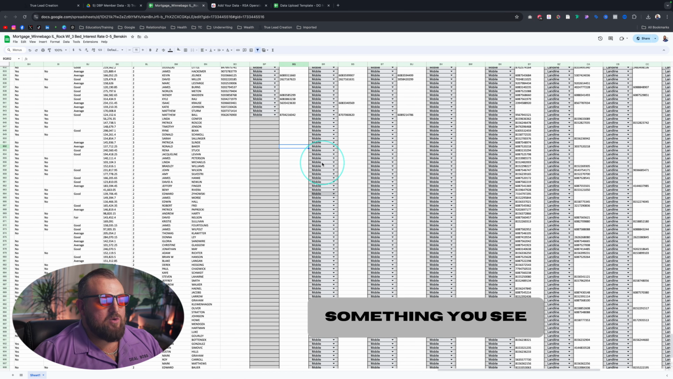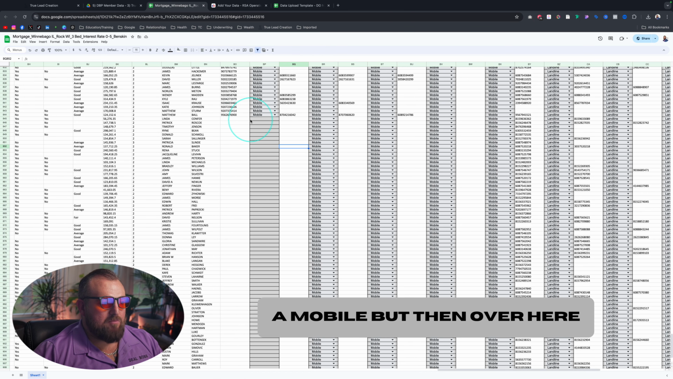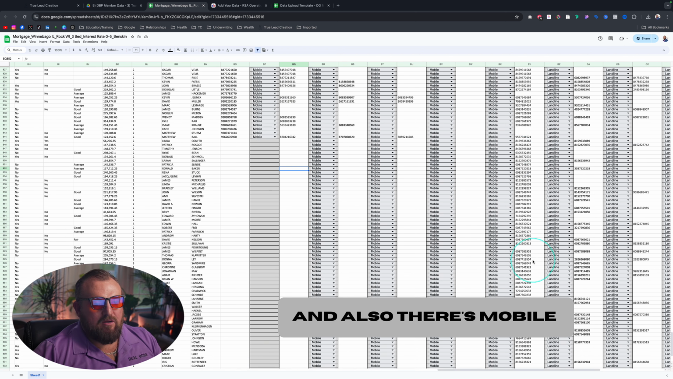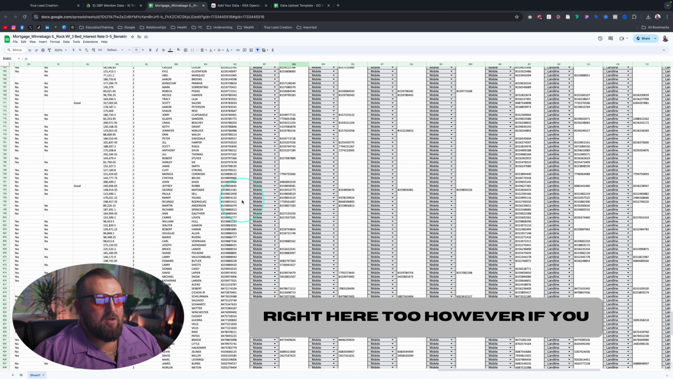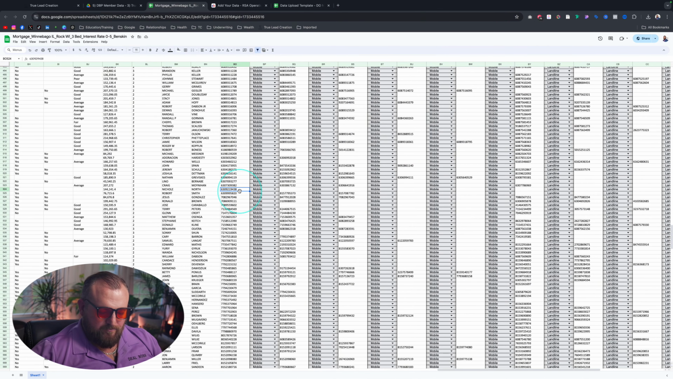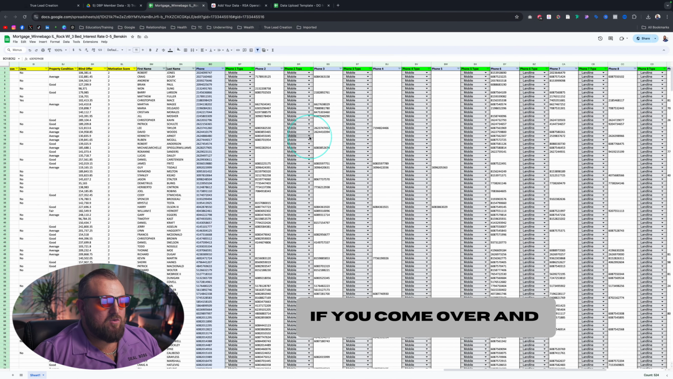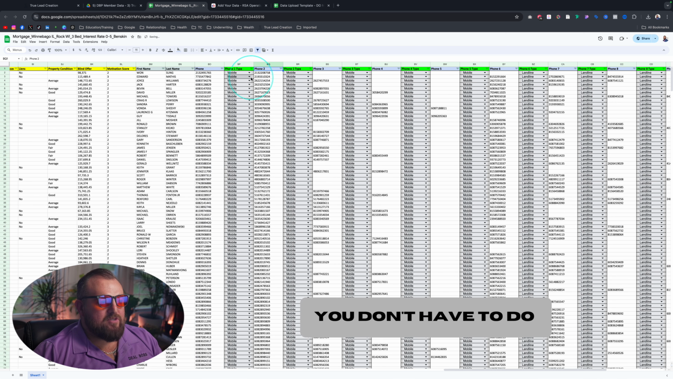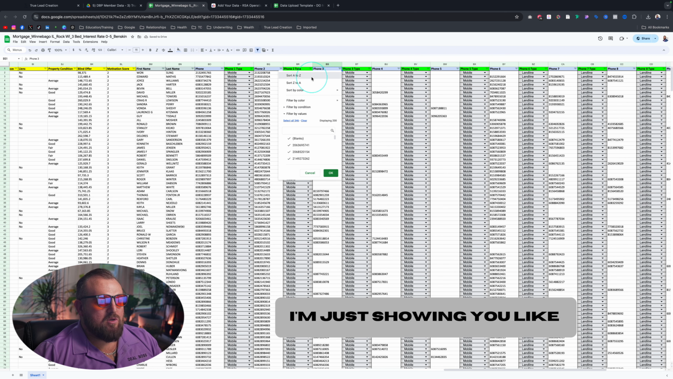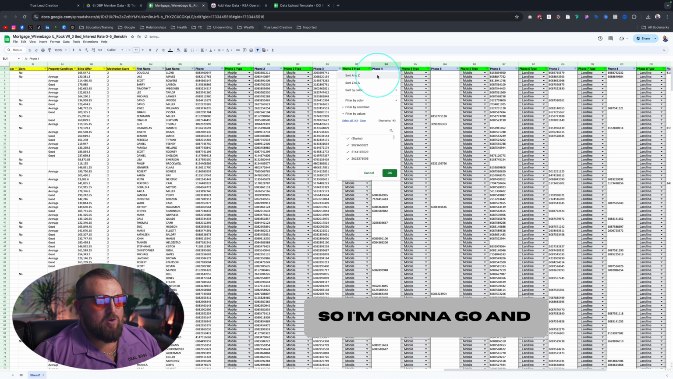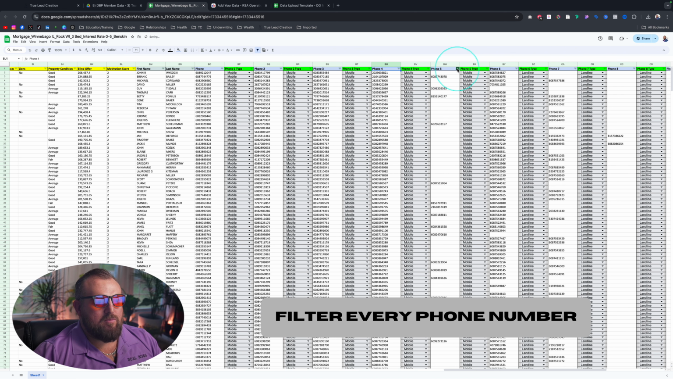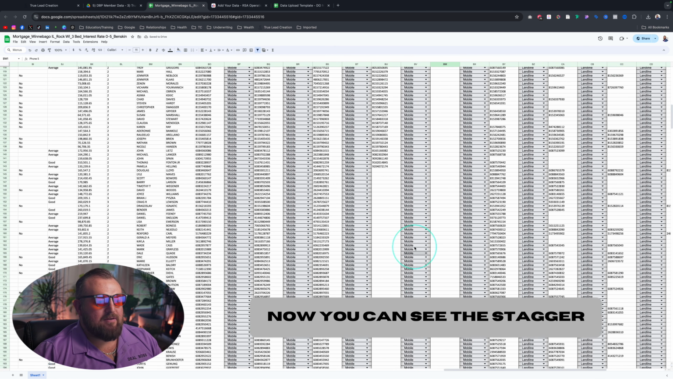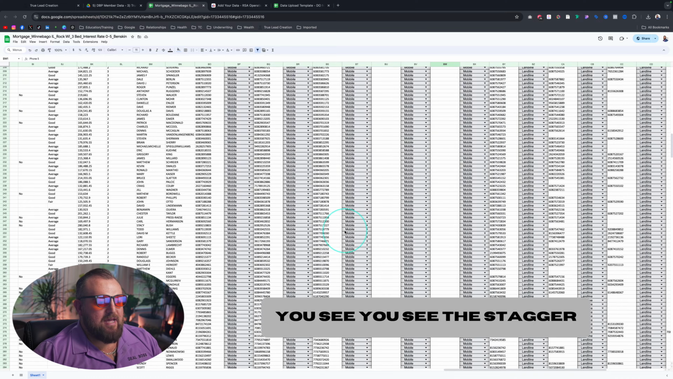And I want you to notice something. You see this big gap right here of mobile, but then over here is filled up with landlines. And also there's mobile right here too. However, if you come over and you filter all of this, you don't have to do this, by the way. I'm just showing you how to look at your data. So I'm going to filter every phone number all the way to 5 so you can see it. All right. So now you can see the stagger, right? You see the stagger,